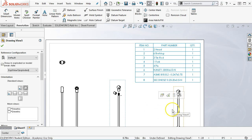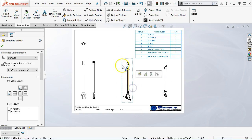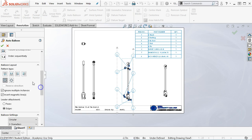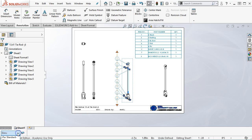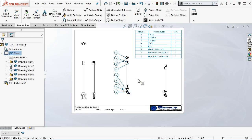Alright, so we'll move that out a little ways. And then I want to go for the auto balloon. And I think on this one, because of the size, we're going to load it all to the left. Accept, and we'll figure it out. Oops, I still left it in the center. So let's go find the balloon properties and go into layer. And then we're in dims, or we're in dims now anyway. Alright, so pretty small, but